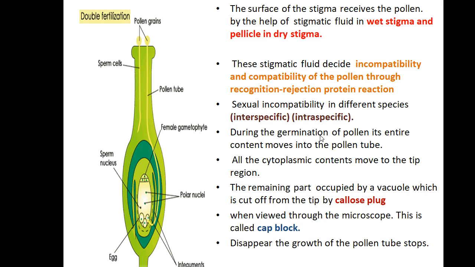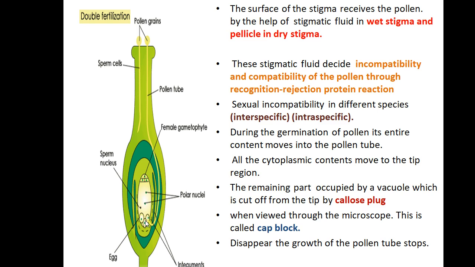Next, I am coming to the germination of pollen and its entire contents. Once the pollen is germinated, it travels through the style and reaches there. Once it is germinated, the pollen tube is formed and it reaches the ovule through the micropylar end, and all the cytoplasmic contents we have studied in the microspore, in the development of male gametophyte lesson. In that topic we have studied that the pollen tube consists of two male gametes